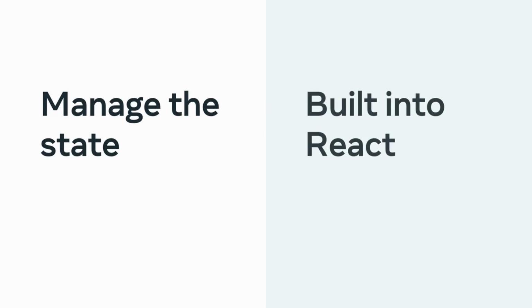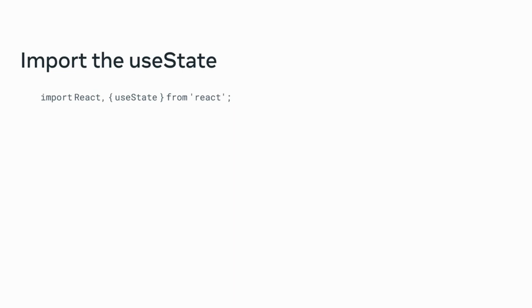Hooks are functions that were introduced in React version 16.8. They let you hook into React state and lifecycle features from components. Let's observe an example hook. Specifically, you'll examine an instance of the useState hook, as it's the most commonly used one. This hook is used to manage the state within a component and keep track of it, and it's built directly into React. To use it, the first thing you need to do is import the useState from React so that